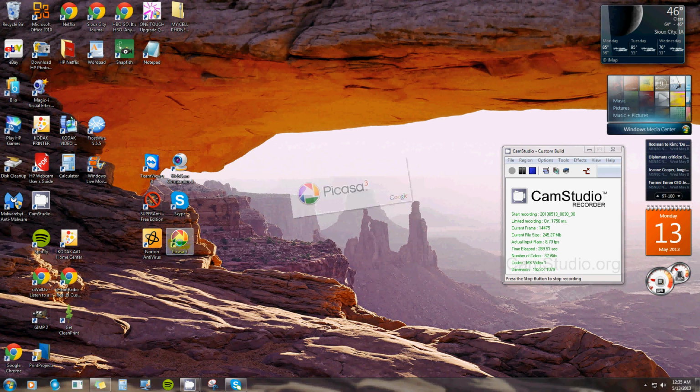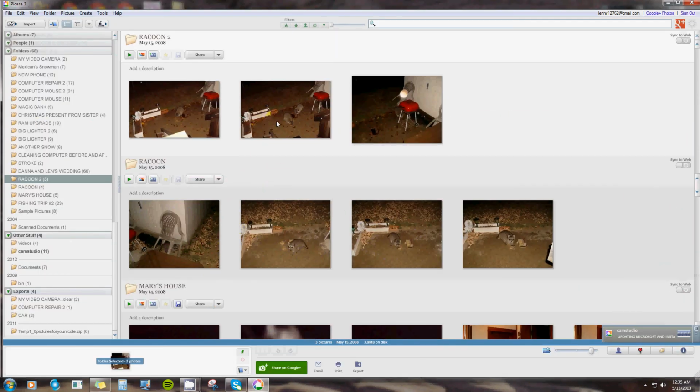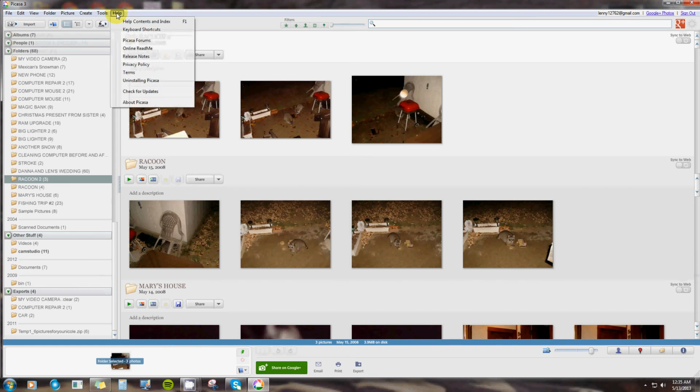Now, Picasa 3, let's see what I got. These are pictures of raccoon I had outside. Under the help section, all your updates always will be under the help section or something similar, and I'll show you in my other ones. You click on help